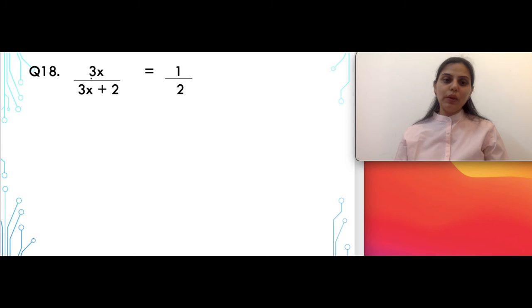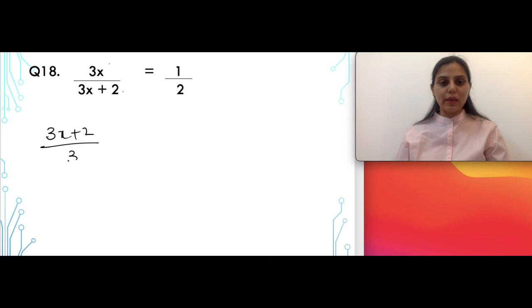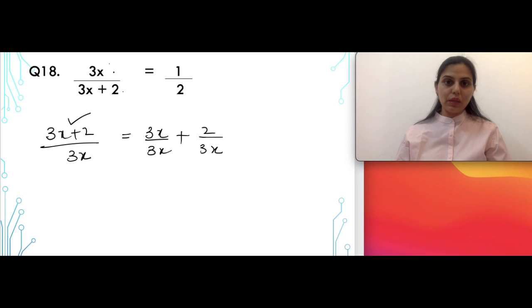Moving on to the next question now. If you are given a term 3x in the numerator and there are two terms in the denominator, then the terms cannot be split, or then the terms cannot be written as 1 upon 2. Why? Because the term in the numerator is a single term. Suppose this question was given the other way, 3x plus 2 upon 3x. In this case, when you have two terms in the numerator, you can always split the term like 3x upon 3x plus 2 upon 3x. But if you are given the other way, which is given in the question, that is, there is a single term in the numerator and there are two terms in the denominator, then there is no way in which you can split the terms in the denominator. So clearly from this you cannot get the answer as 1 upon 2 in any case.